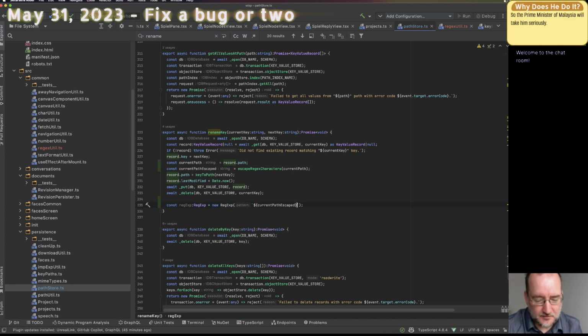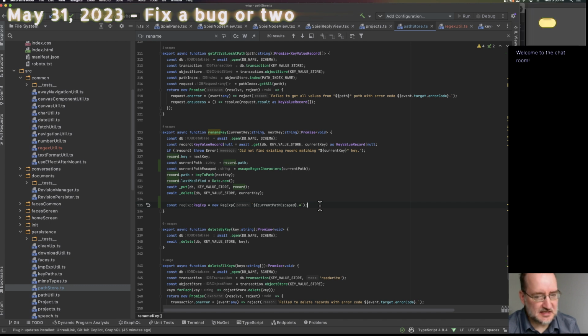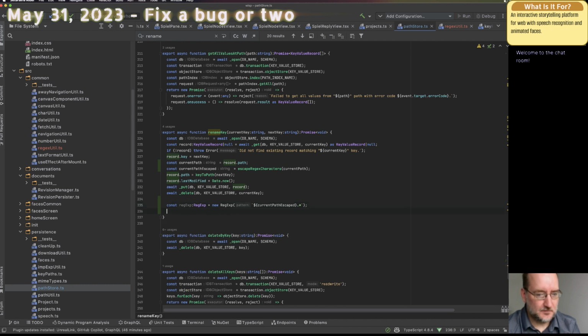Okay, so then over here, is it boom boom, or is it the other way? We say any character. How much do we want? As much as you got. Okay. So we're just checking for this at the beginning. That seems fine. Okay. So then I'm looking for any key that has got a match on this regular expression. Okay, const. Yeah, that's what I want. Okay, let's call this keys